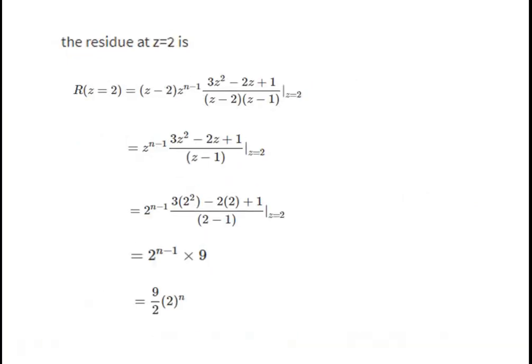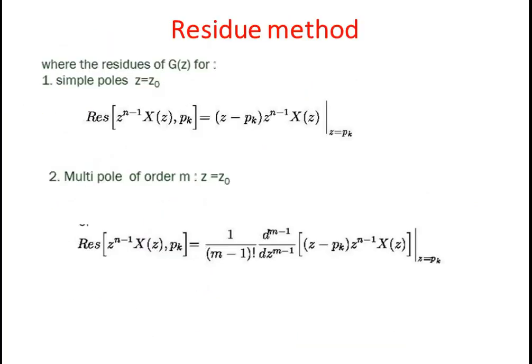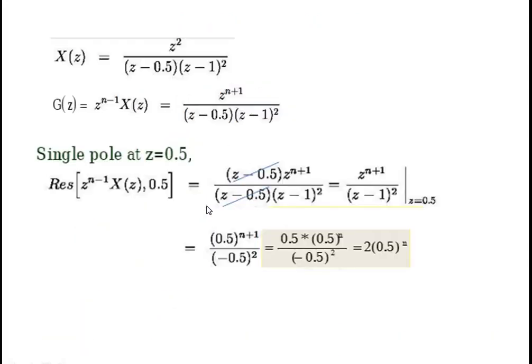That's the difference between partial fraction and the residue method. We use the formula only once for the repeated poles. Suppose instead of z minus 1 the whole square, you had the whole power 16. Even then we need not use this formula 16 times; we can use it only once, by considering the denominator z minus 1 the whole power 16. This is the difference between partial fraction and the residue method.